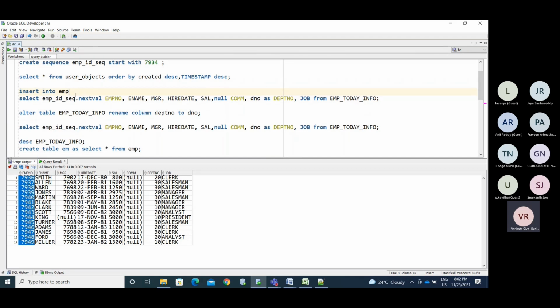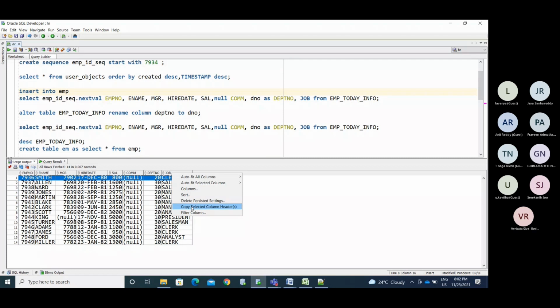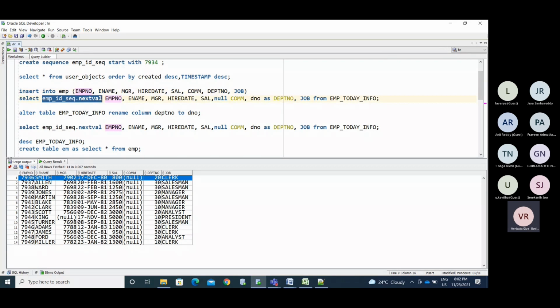So you need to mention it in this way: insert into column list, and this is your value list. This employee number is mapped with this column, this ename is mapped with this, manager, hire date, salary, commission are matched with this. Like that you need to map.